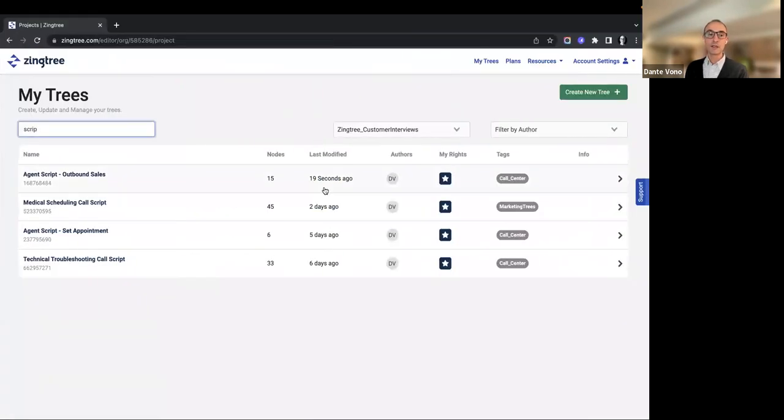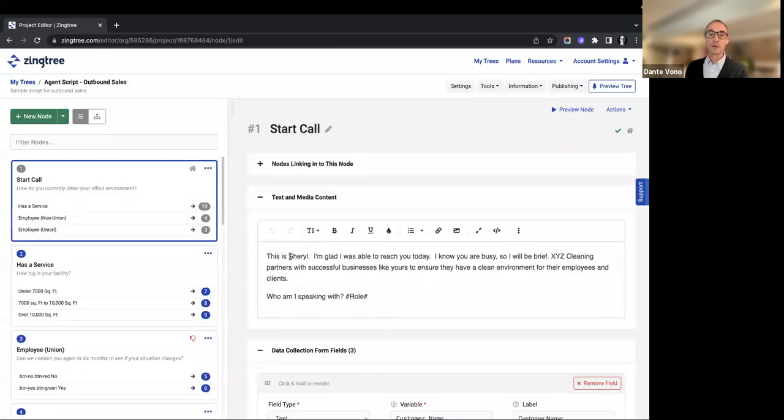And we have the same tree here in new authoring. So let's open that. What you'll notice right away is a view of the tree content itself. We've jumped straight into the tree. We've bypassed any navigation because we can get you faster into the work you need to do. So what you see is a side-by-side view. This is the main layout of new authoring, which is a list of nodes on the left and the content inside that node on the right. There are a couple other screens we'll look at in a moment, but this is the main thing that we're going to start with now.